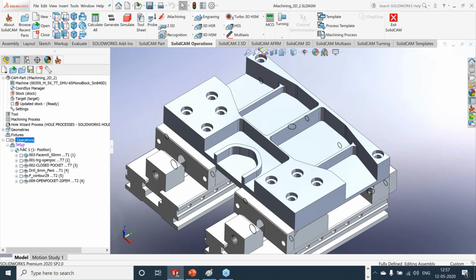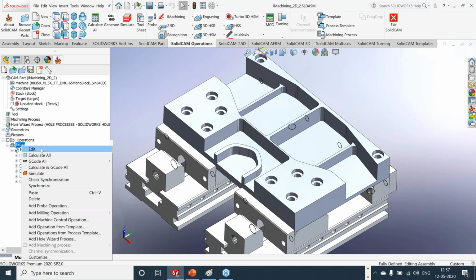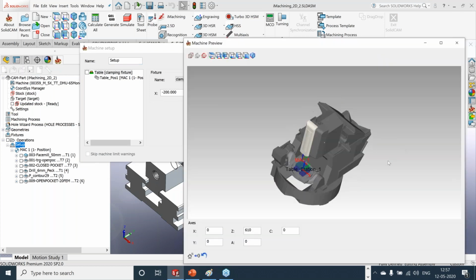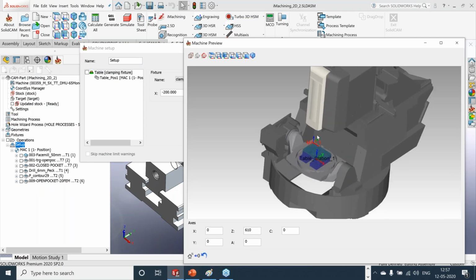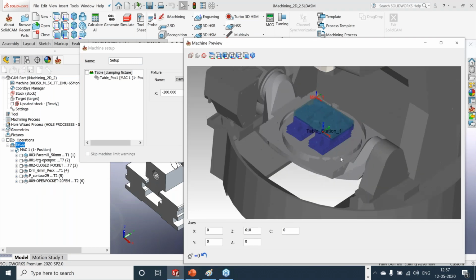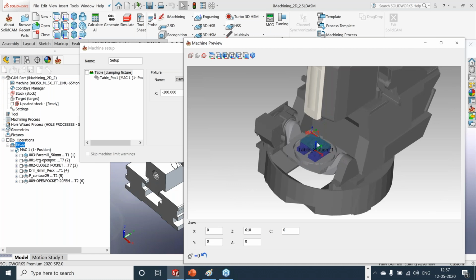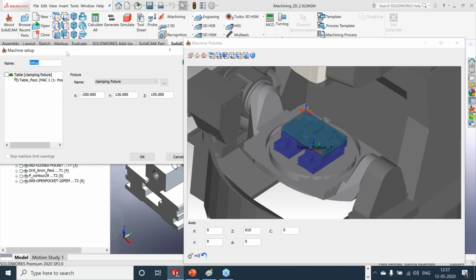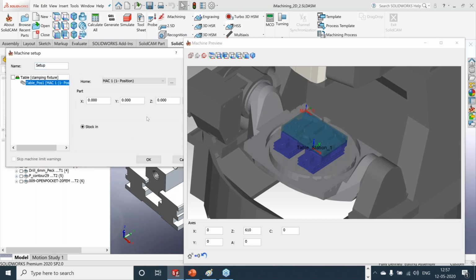Another function we saw is under machine setup. Now, if I edit the setup, you can see the preview of the setup you have defined, whether you are using any fixture. Along with the machine, you can see the preview before seeing the actual simulation. It shows the machine, the fixture, the raw material, and the part you have defined. And apart from this, now in 2020, I can also